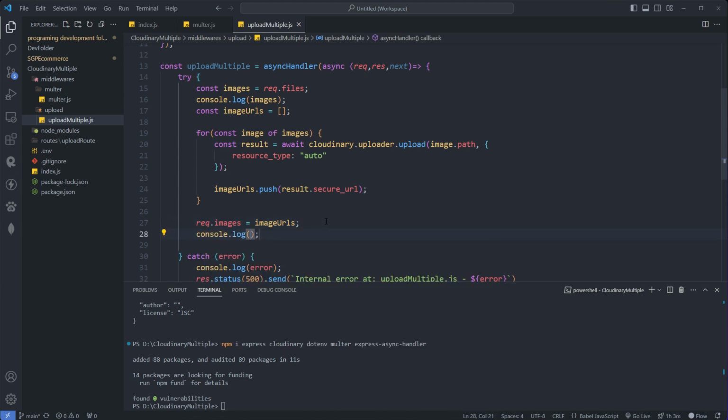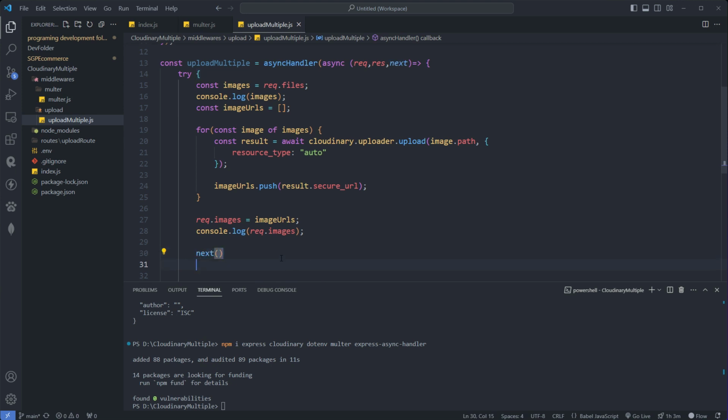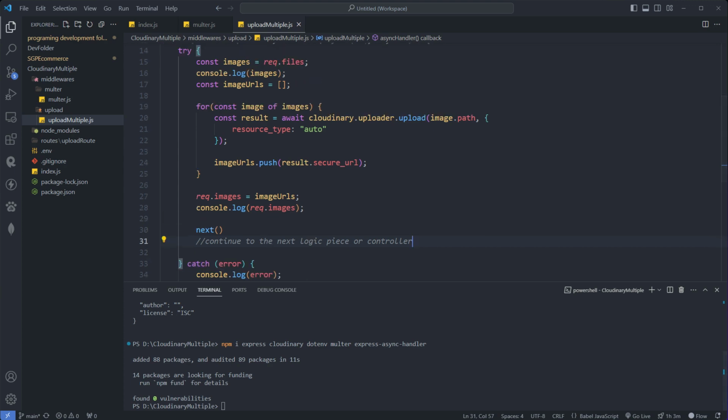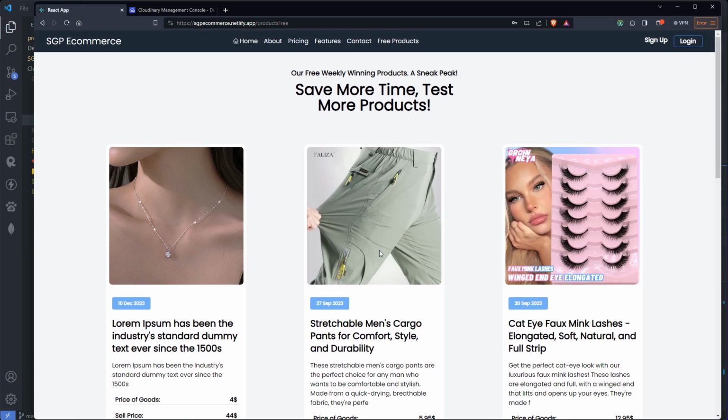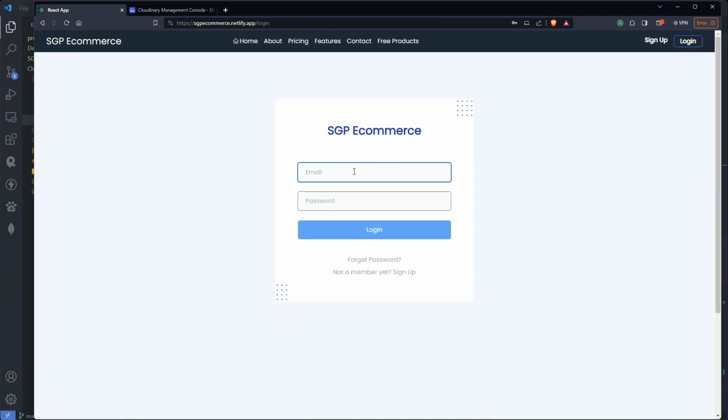And then let's log our request.images inside the console so we can open one up later. And after this one we want to say next. Alright, continue to the next logic. So after this one, what you usually want to do is, for example, if we log in with admin account,